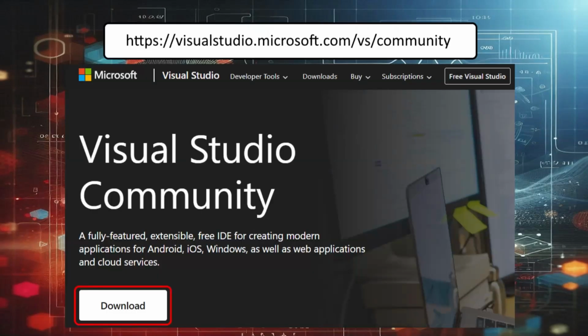We'll be using Visual Studio to develop our applications. This is the professional development environment for developing .NET applications. Specifically, we'll be using the Visual Studio Community Edition. Visual Studio Community is a free, fully featured integrated development environment, or IDE, for individual developers, students, and open source projects to create applications. To install Visual Studio Community, go to